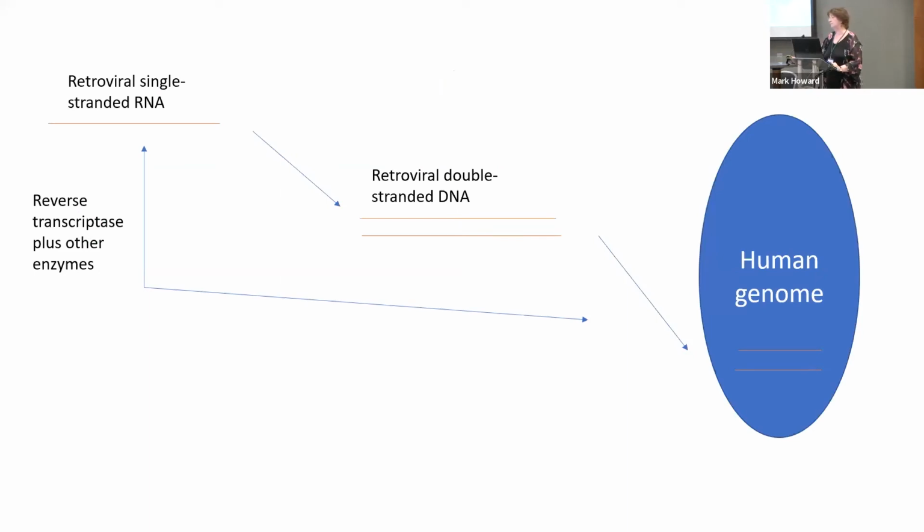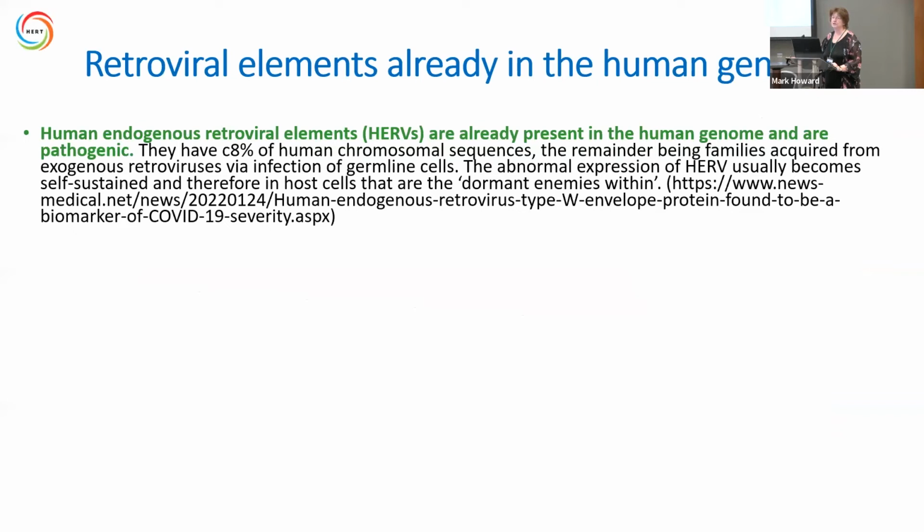Now, it may come as a bit of a shock to discover that we have retroviral elements already in our genome. Some of them have been there for generations. And although potentially pathogenic, they are rarely activated, is the good news. So these are known as human endogenous retroviral elements, or HERVs,